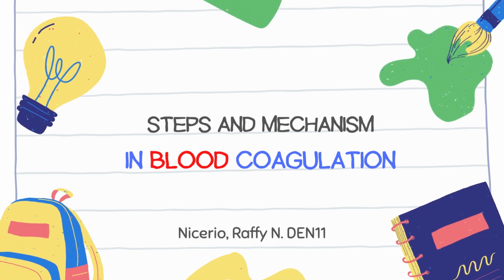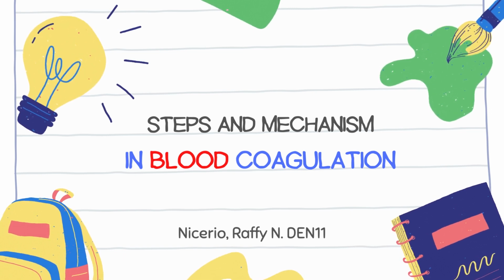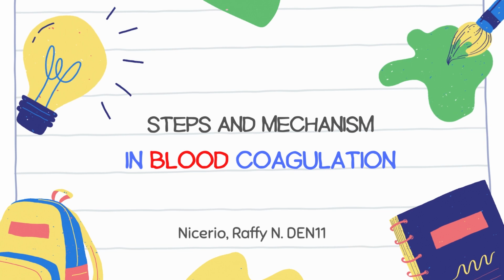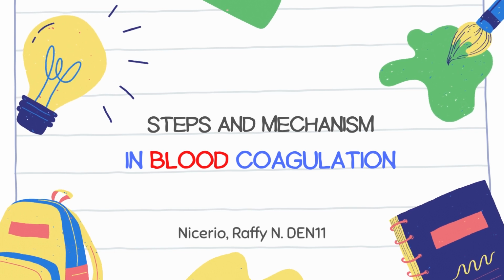And for the third clotting or coagulation factor, the thrombus formation. Thrombus formation is a more stable clot called a thrombus. It must form to make a long-lasting seal on longer injured blood vessels. The thrombus must be able to maintain a seal of the damaged blood vessel wall, especially that of an artery, where the blood pressure is higher than in a vein, because the arteries are the pumping, while the veins are the receiving,